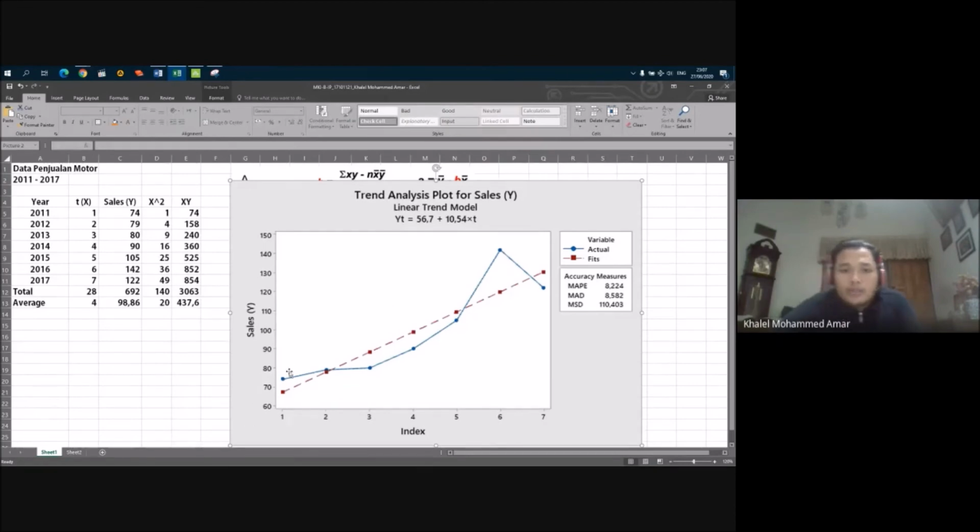The blue graph is actually the actual data from year 1, year 2, year 3, or 2011, 2012, 2013, 2014. So the actual sales is the blue line, and the red line is the fits, or the trend line, that is the uptrend.